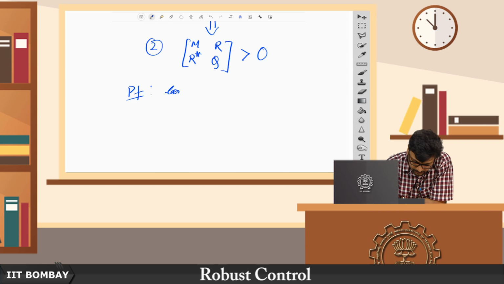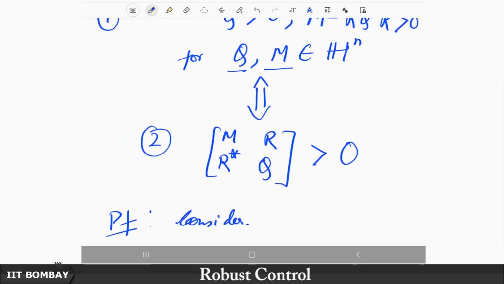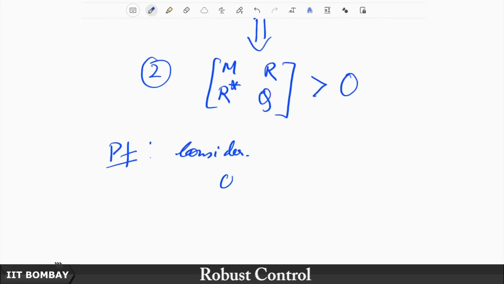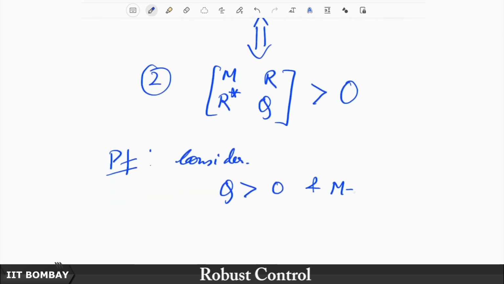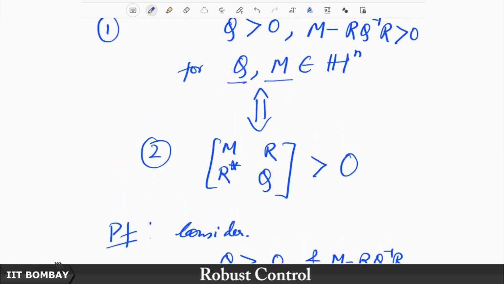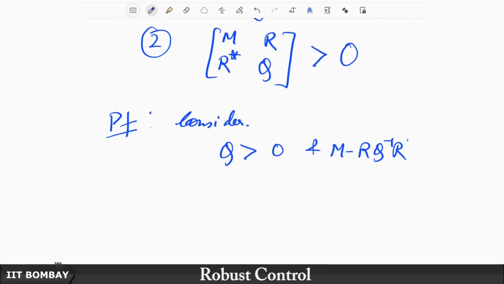So, consider that we have, let us say the first one, when we say Q greater than 0 and M minus R Q inverse R, I think that is R Hermitian, if I am not mistaken,